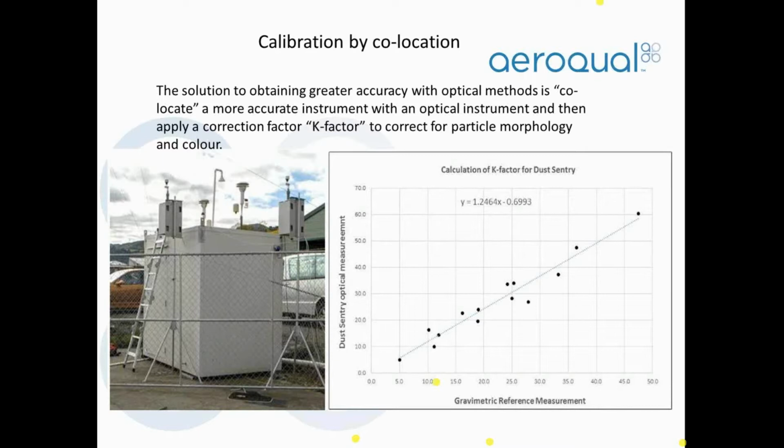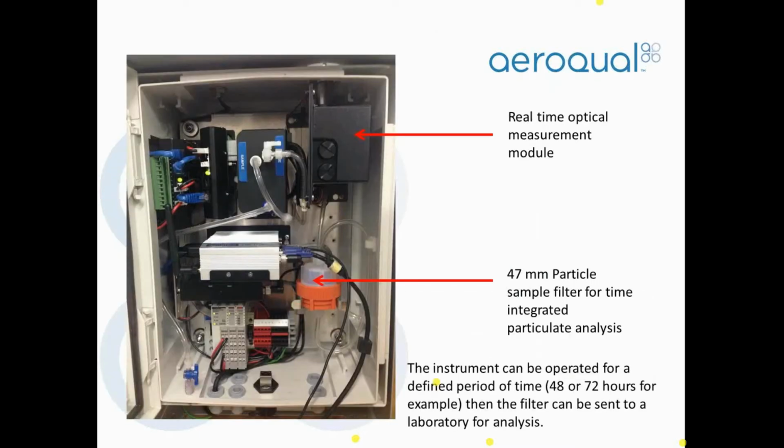So as long as the instrument remains in place, or at least as long as it is made to measure a similar particle morphology, then this correction can dramatically increase the accuracy of the nephelometer method. Another way, a slightly less common way, but another method, if a user does not have access to an external high-vol sampler,